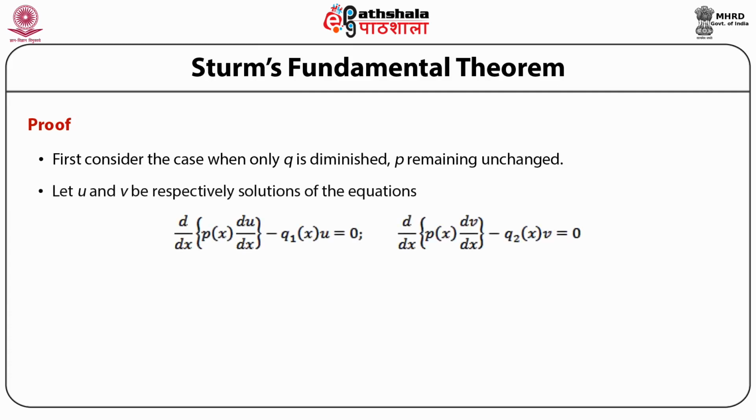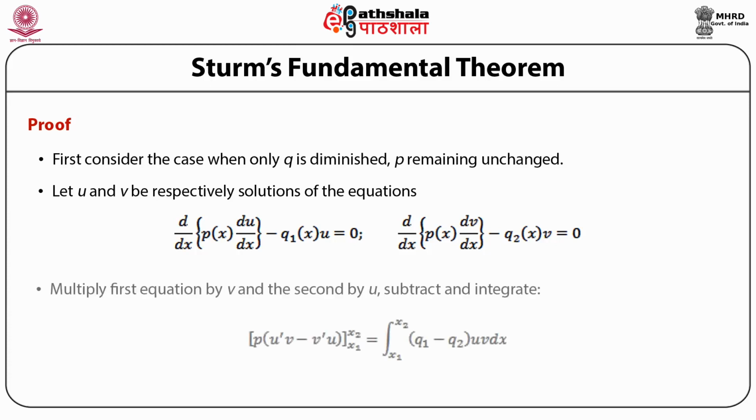Let u and v be respective solutions of the equations d/dx (p(x) du/dx) - q1(x) u = 0, and another equation d/dx (p(x) dv/dx) - q2(x) v = 0. We multiply the first equation by v and the second equation by u, subtract them and integrate the equation between points x1